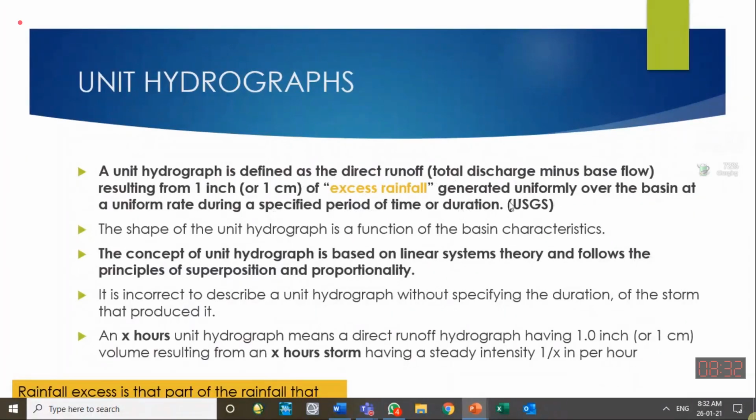A unit hydrograph is a direct runoff hydrograph generated from 1 inch of excess rainfall, assuming this rainfall has occurred uniformly over the whole basin or catchment at a uniform rate. So for the unit hydrograph, we are assuming that a uniform rain occurred over the basin and it has the total